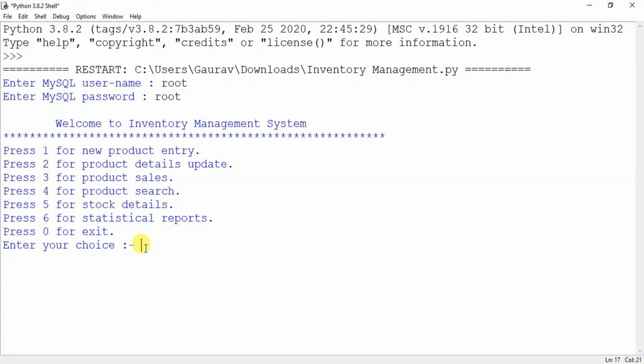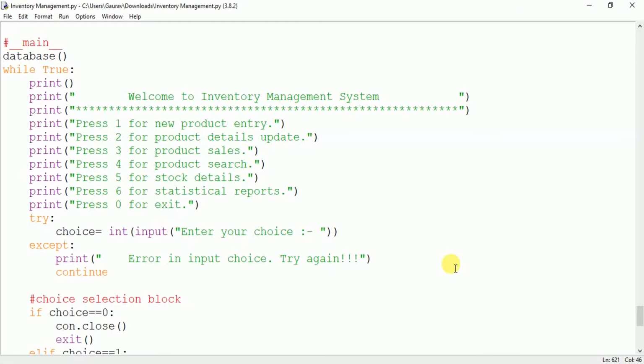Now we will be going to the actual coding part and we will discuss all the points of that coding. So let's start discussing the coding part with the main portion. Above this portion we have the functions related to all the menus that you have seen and the sub menus. So let's start with the main menu. This is the first function to be called.